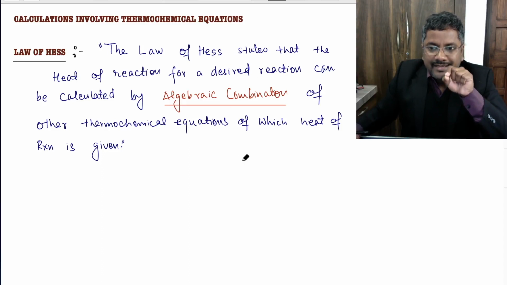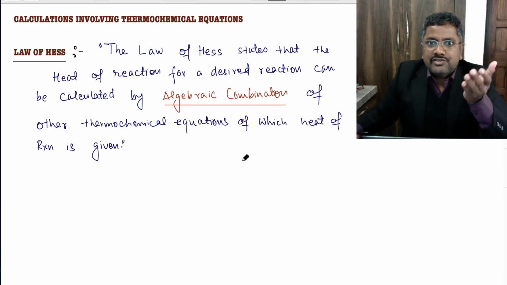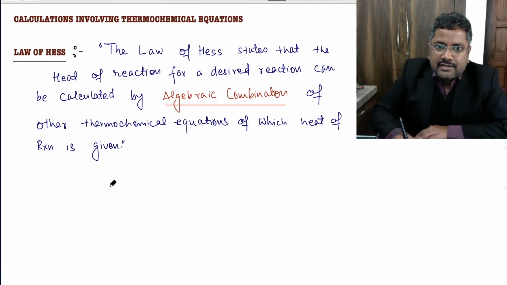So be careful to design the reactions, because here reactions are actually path, right? And you know, enthalpy change or this heat of reaction at constant pressure, this is a state function. So suppose that I am giving you a process like A to B, and you want to calculate delta H